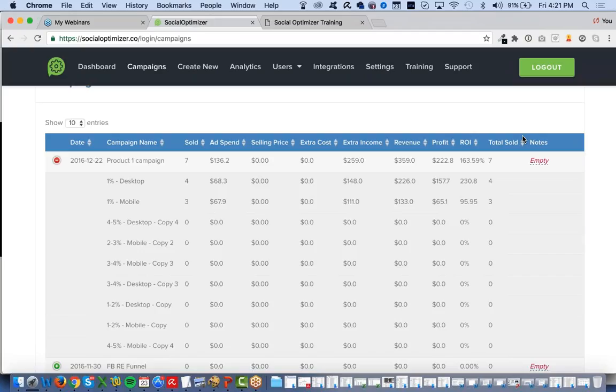About extra cost, are you saying that we add the amount above the cost of the product? How do you account for variants that have different costs? The extra cost is any costs associated with the product. Shipping, how much it cost for the product to purchase it in the first place. That's your base cost. So you want to add in that. So it's any costs that you have associated with the product.